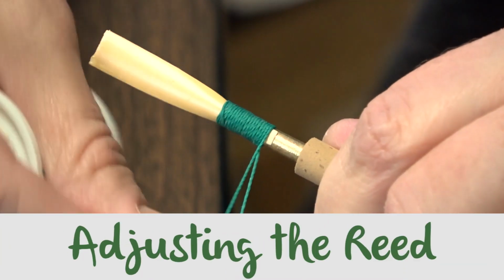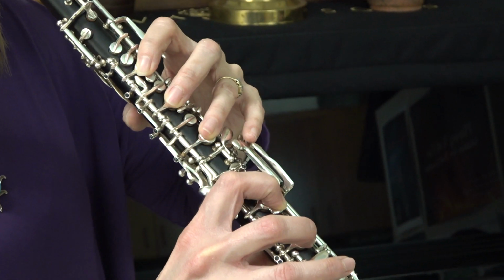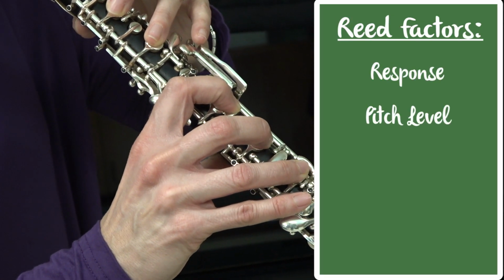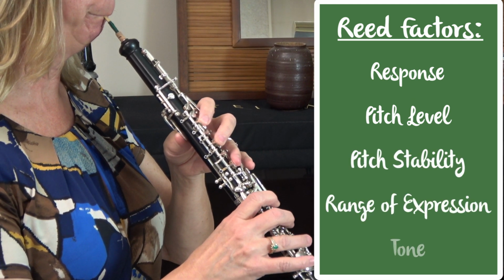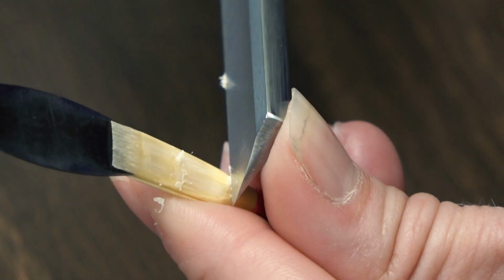Now that you've wrapped your reed, done the basic scrape, and done the second scrape, it's time to finish the reed. What are the factors that you're looking for in your reed? We are basically looking for 5 things: response, pitch level, pitch stability, range of expression, and tone. As you bring your reed to life, balancing the sections of the reed is critical to making all of these